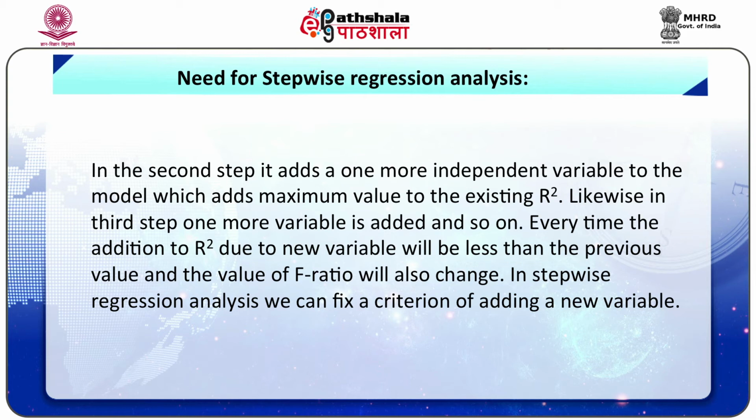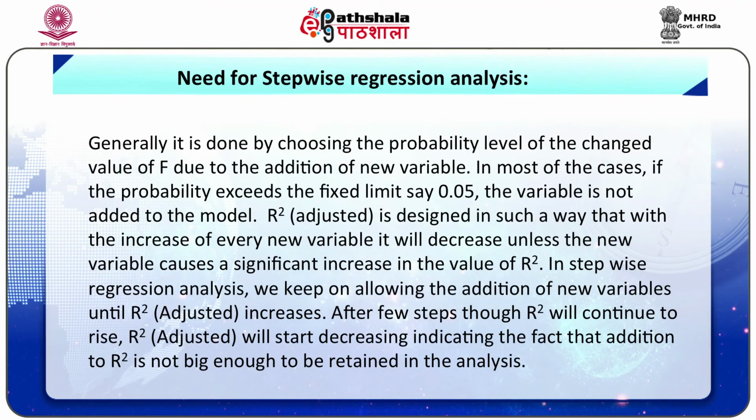Every time the addition to R square due to a new variable will be less than the previous value, and the value of F ratio will also change. In stepwise regression analysis, we can fix a criterion of adding a new variable. Generally, it is done by choosing the probability level of the changed value of F due to the addition of new variables. In most cases, if the probability exceeds the fixed limit, say 0.05, the variable is not